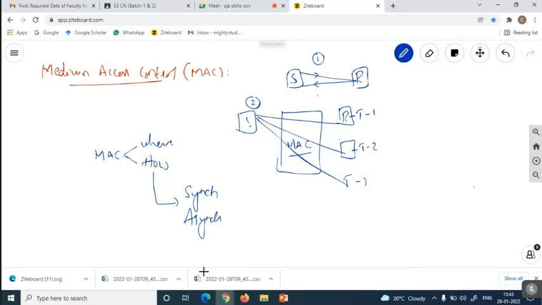Suppose one terminal transfers 1 KB of data, the remaining terminals also transfer only that amount. Why? Because this MAC uses synchronous data transfer. From all the terminals only the same amount of traffic is allowed to the source station, and from the source station the same amount of traffic is also possible. That means it does not depend upon the capacity of the terminal.